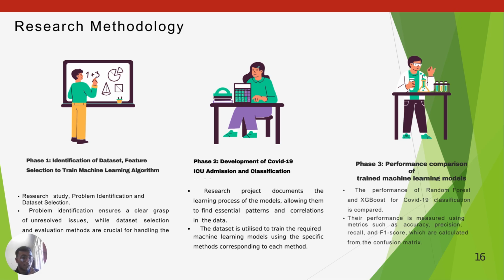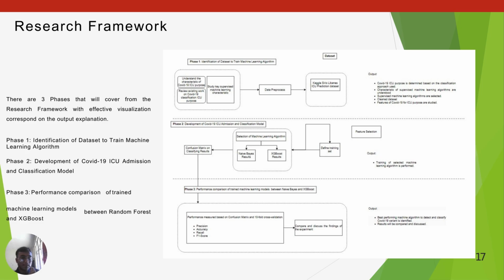The machine learning models that we are going to use are random forest and XGBoost. For these two, we are going to compare the accuracy, precision, recall, and F1 score from their confusion matrix, and find out which one has the better accuracy in classification for ICU admission. So here is the research framework